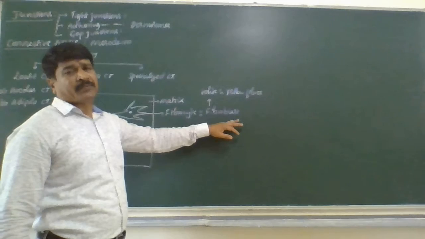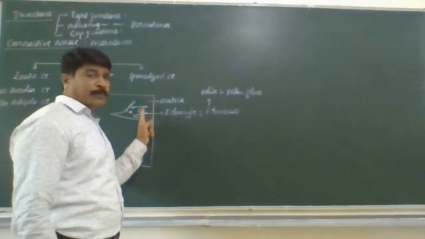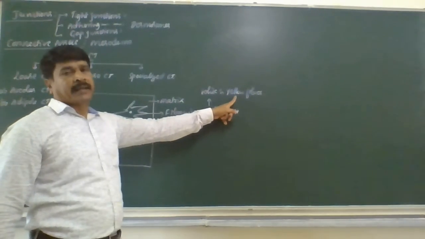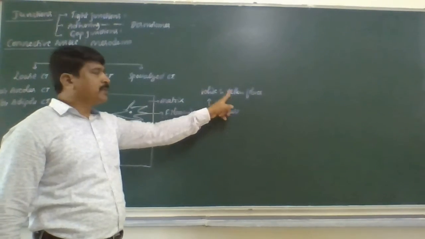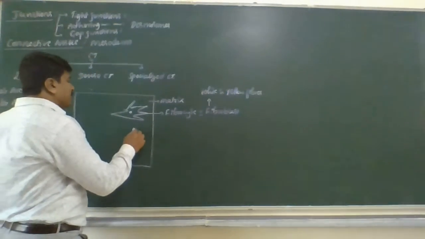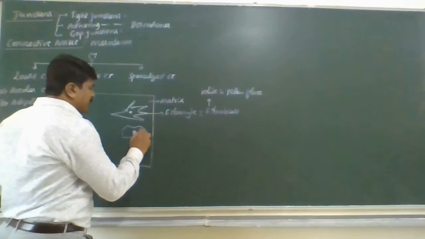Fibrocytes, also called fibroblasts, are elongated flattened cells with the stellate processes and oval nuclei. They secrete white and yellow fibers. Later, under fibers, we are going to discuss both. Next one is the macrophages.